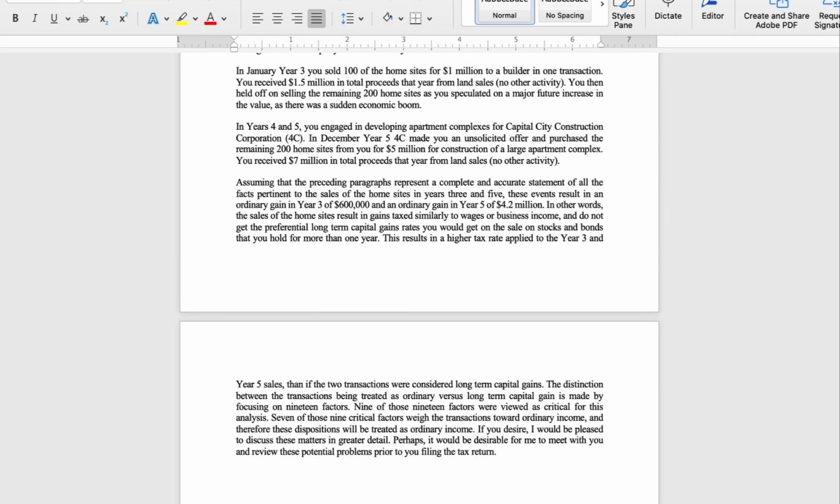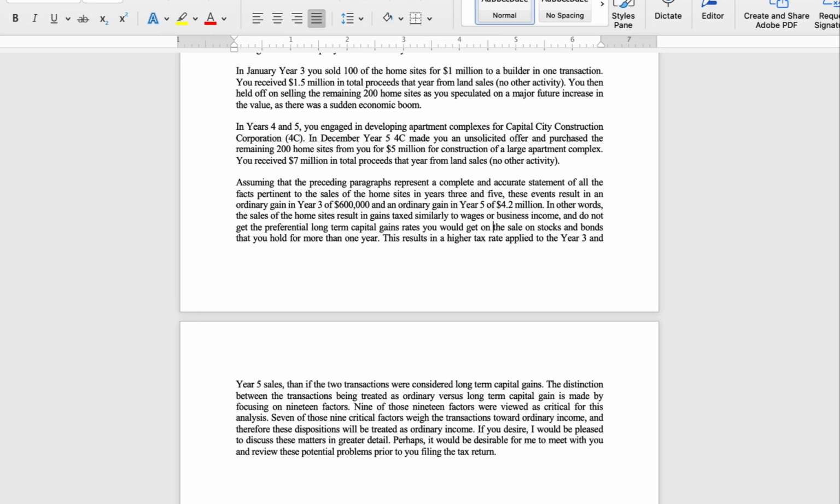The distinction between the transactions being treated as ordinary versus long-term capital gain is made by focusing on 19 factors. 9 of those 19 factors were viewed as critical for this analysis. 7 of those 9 critical factors weigh the transactions towards ordinary income, and therefore these dispositions were treated as ordinary income. If you desire, I'd be pleased to discuss these matters in greater detail. Perhaps it would be desirable for me to meet with you and review these potential problems prior to filing the